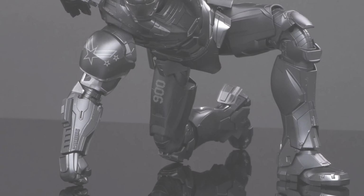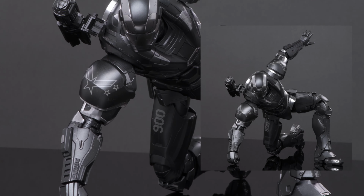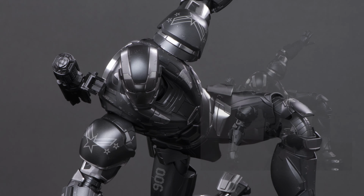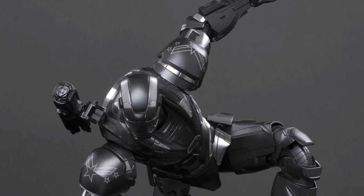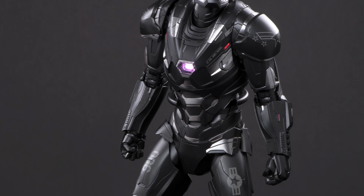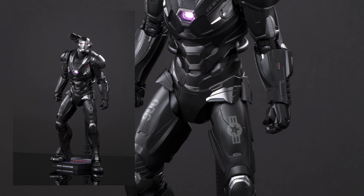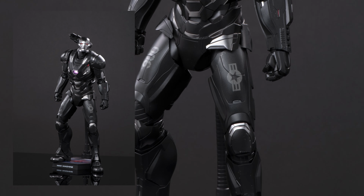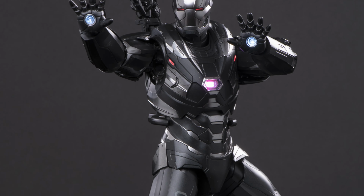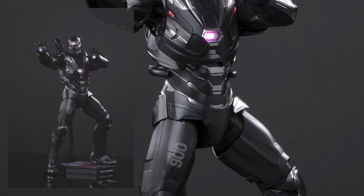Very cool. Doing the most cursory of dives into the history of the design process for War Machine in-game will reveal that we weren't even supposed to have a Mark VI. The original plan was for the Mark III from Civil War to have been repaired, and he would wear that for the earlier parts of the film, switching to the more guns-bristling Mark IV for the trip to Morag,